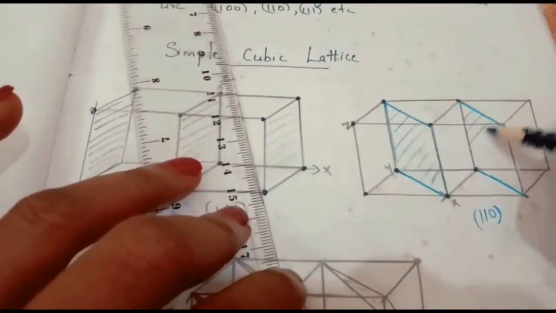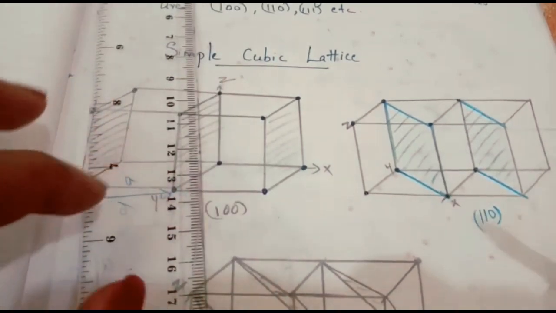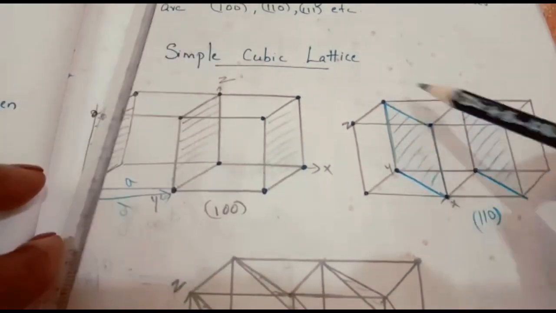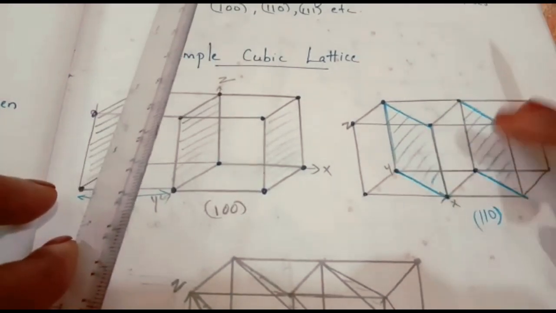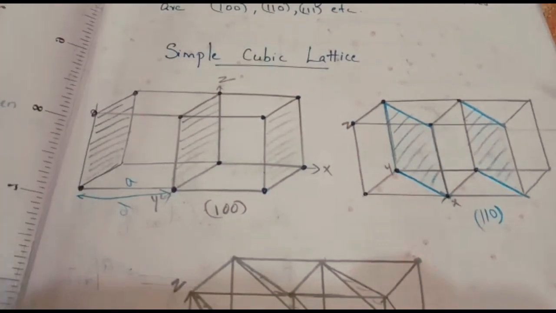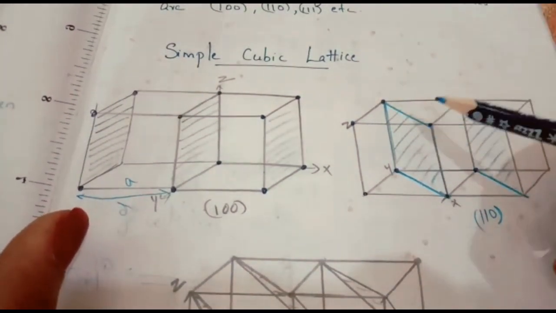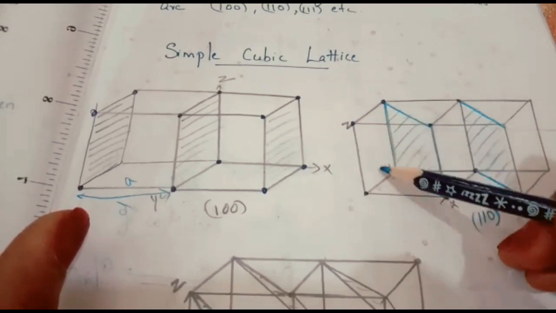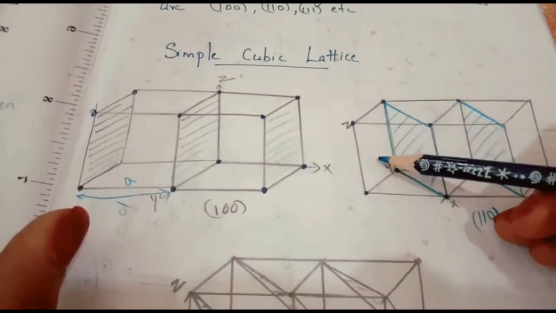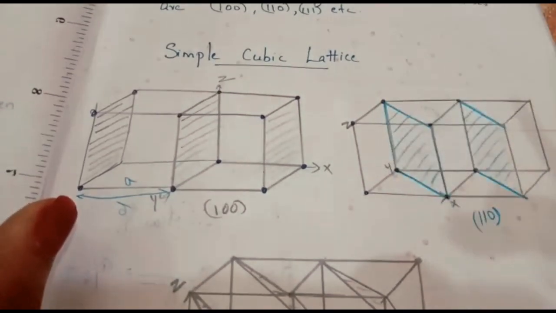So this is 110 plane. So here 110 plane should touch all the corners. Here two cubes are there. If another cube is there, this corner also will be participating. So there is no need of any plane in between, because if you are drawing any plane in between, that will touch here. So there are no atoms in the edge center or in the face center. So there is no need of plane in between these two planes.